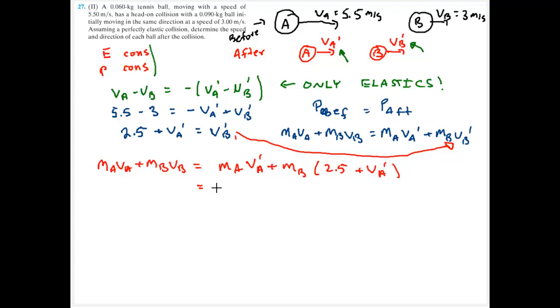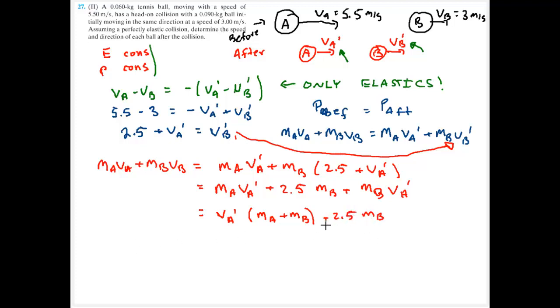This is going to let me rewrite this guy. I'm going to say now I'm going to have 2.5 times the mass of B plus mass of B, final velocity of A, and I can factor out a final velocity of A kind of as such. I can say that's going to be the mass of A plus the mass of B, and of course I still have my 2.5 multiplied by the mass of B. I can subtract this from both sides, and I can divide both sides by this,